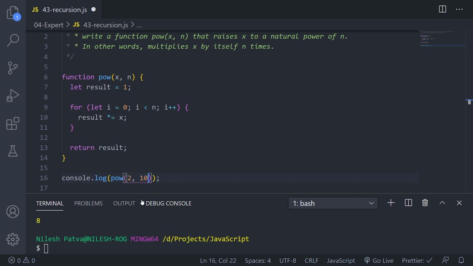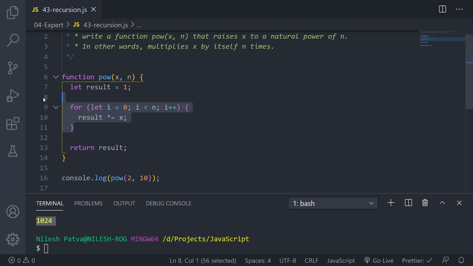So that is how we can write this power function, normally with the for loop. If I run 2 raised to the power 10, it becomes 1024, we know that. You can write any sort of long value as well. So that is the normal implementation of the power function.